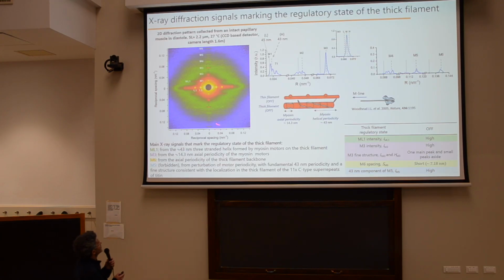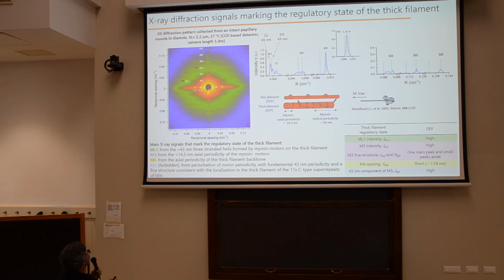So how is it possible to follow the state of the thick filament? In the X-ray pattern there are some reflections that mark the regulatory state of the thick filament. One of these reflections is the first myosin layer line, which arises from the 43 nanometer three-stranded helix on the thick filament. With the myosin motors in the off state, the intensity of this reflection is high. Another reflection is the M3 reflection, which is the third myosin meridional reflection, and this comes from the 43.3 nanometer